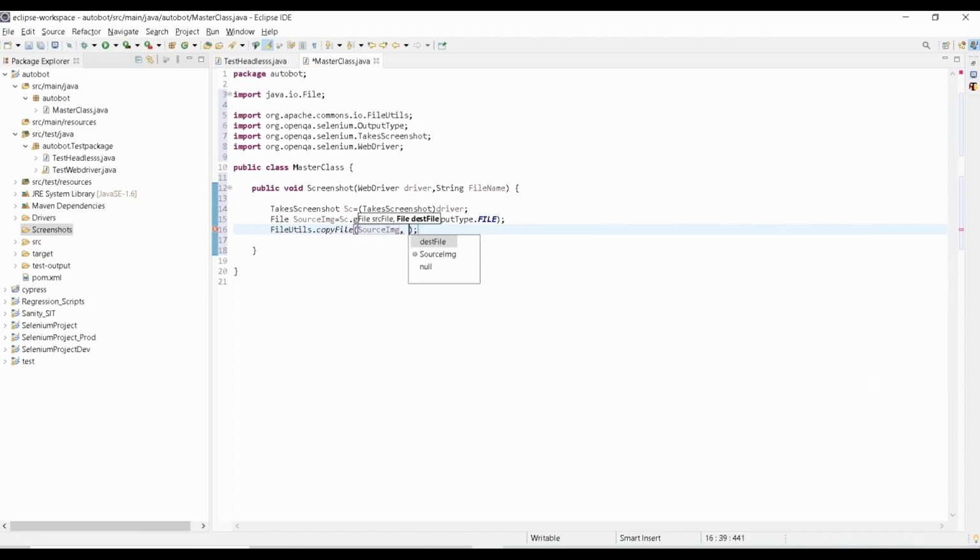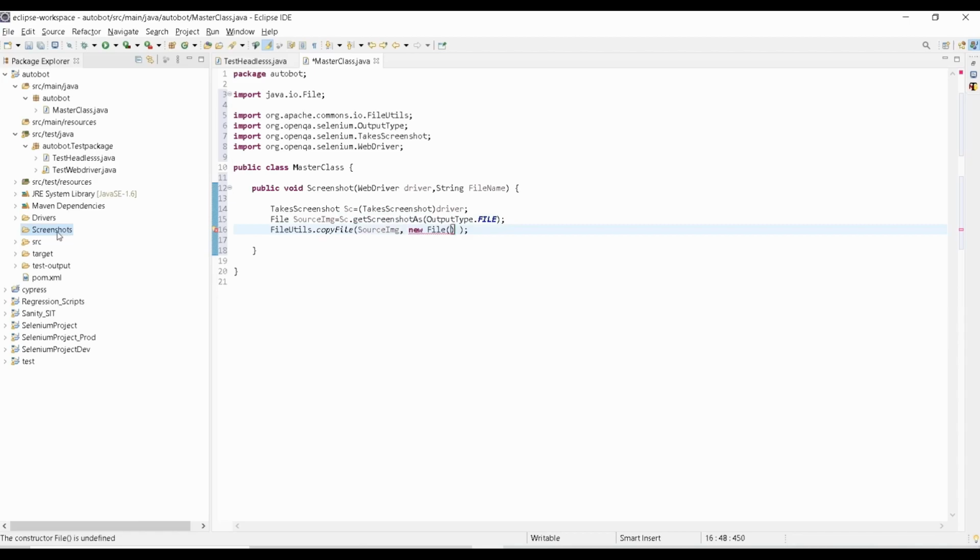So in the destination we have to create an image file, right? So to that particular destination only it will get saved. For that we have to use new file, and where we need to create the new file, we have to create that file in this particular screenshot path, right?